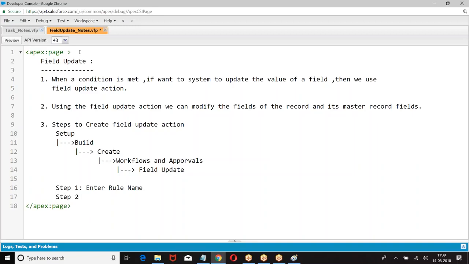Choose the object, enter action name, choose the object, choose the field, set the value.